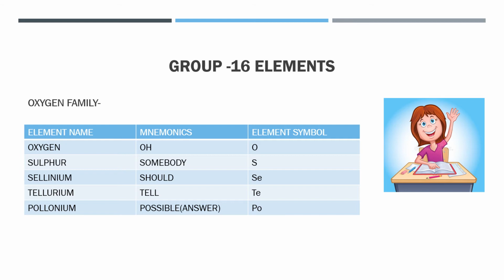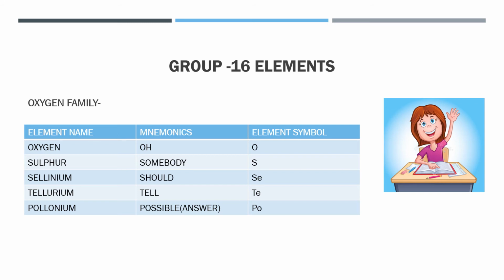So in a classroom, there is a group of children where the teacher is asking a question and the children need to answer it. So no one knew the answer, so they were like, oh, somebody should answer this question anyhow, or else our teacher will give us some imposition. So like that, you can visualize this picture and remember the mnemonic.